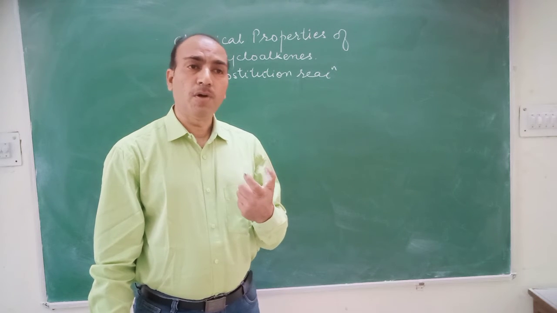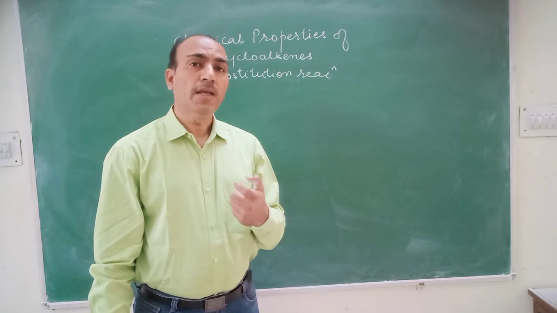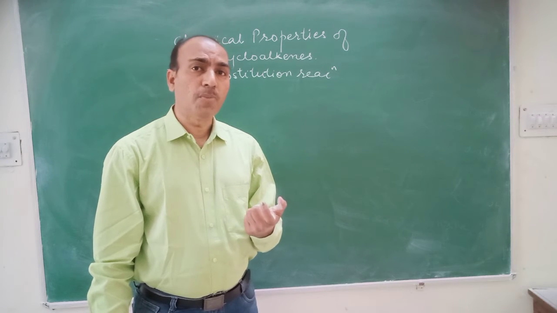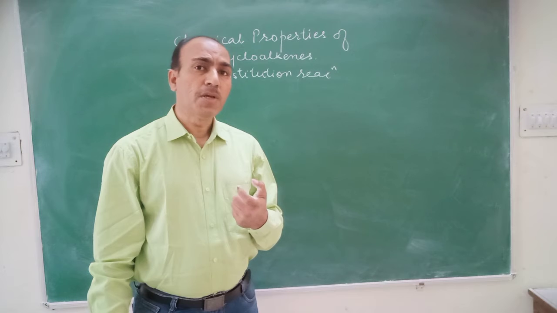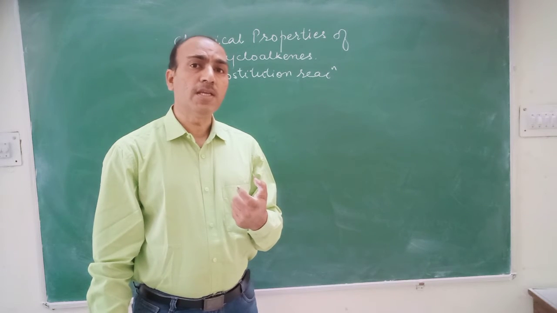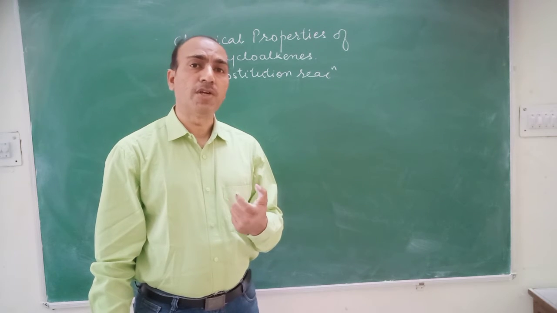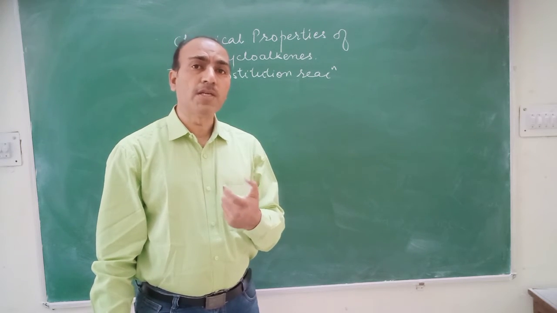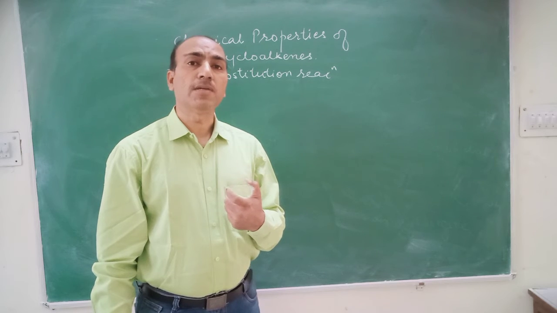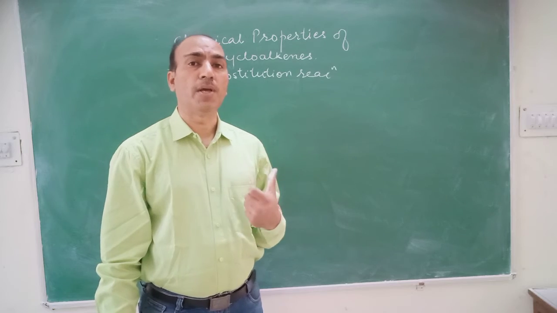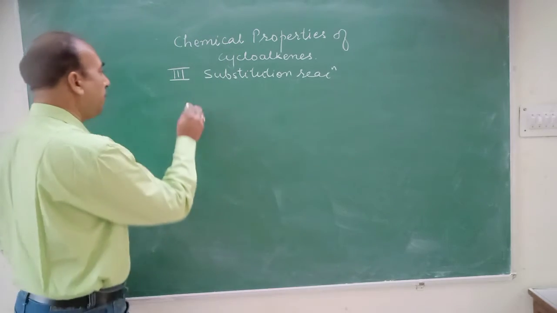Because the solubility of N-bromosuccinimide in CCl4 is very low, and due to that, we are getting a very low Br radical concentration, and that only affects the substitution reaction and is not sufficient to carry out the addition reaction. So due to low concentration of bromine, we are getting the substitution reaction when N-bromosuccinimide reacts with cyclohexene. See, the reaction is this way.